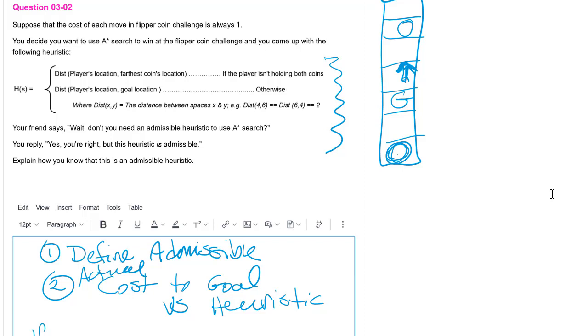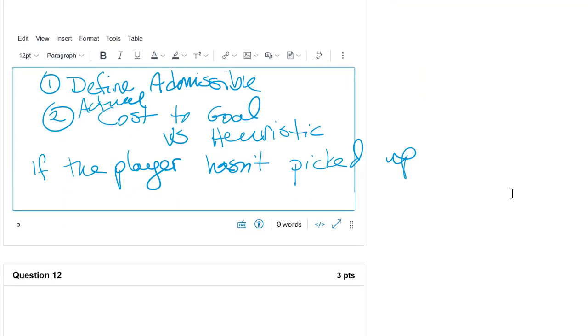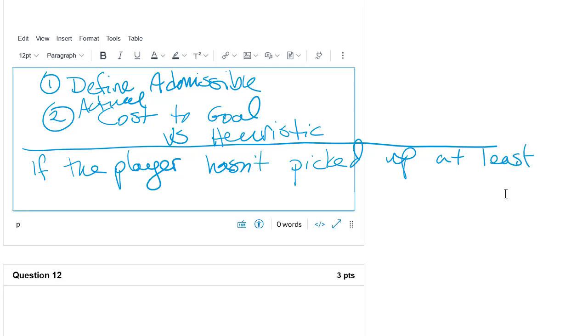And so essentially, if you said something like, if the player hasn't picked up, oh, you can't read this, can you? Let's scroll a little bit down. All right. So, oops. So if the player hasn't picked up at least one, no, that's not what I want to say. If the player still hasn't picked up